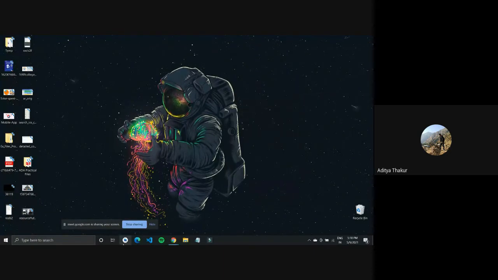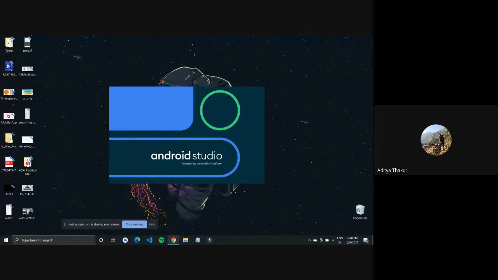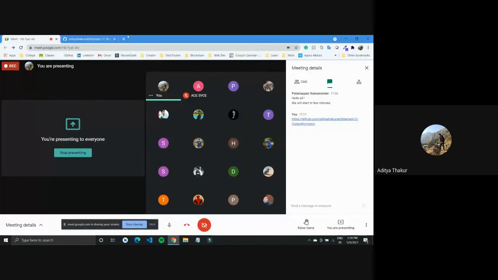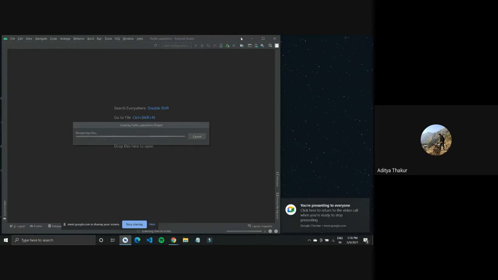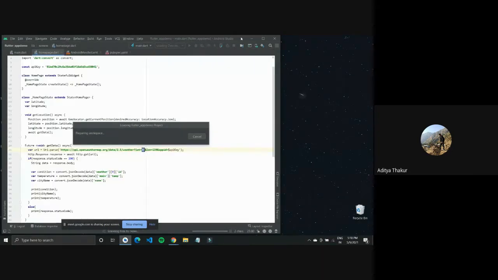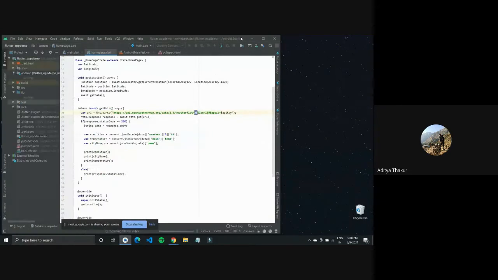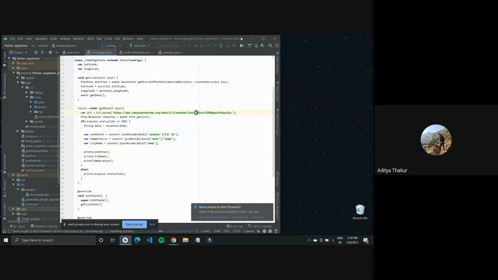So we'll get started by opening up our IDE, whatever you want to work with. For beginners, I recommend using Android Studio. Why? Because it gives you a lot of options, as in you can use the Flutter inspector, and since it has an emulator, easy configuration for the emulator, you can easily get started and set up your emulator. For today's session, I will be using my mobile device to run the Flutter application on,